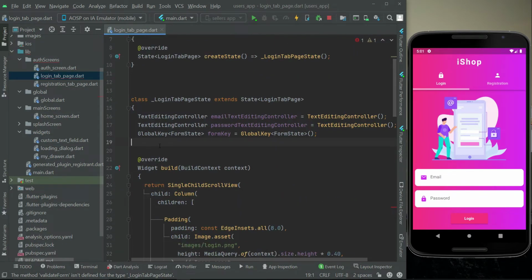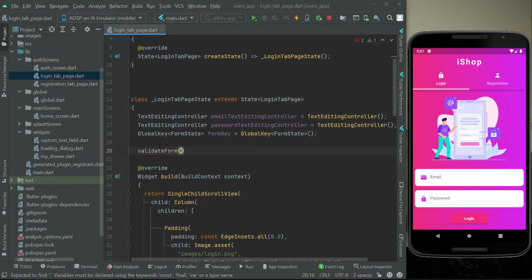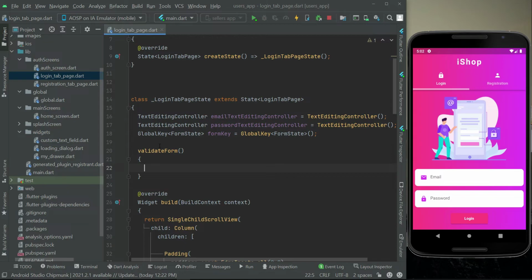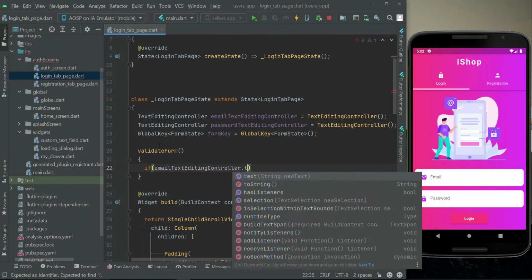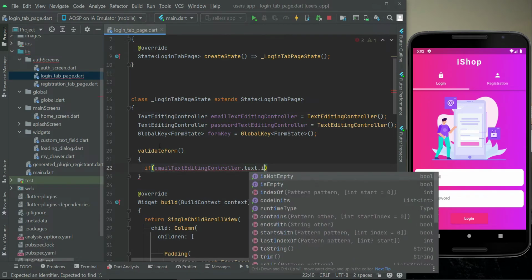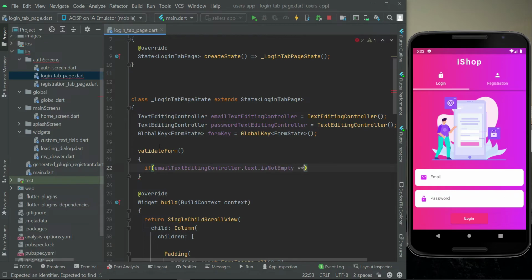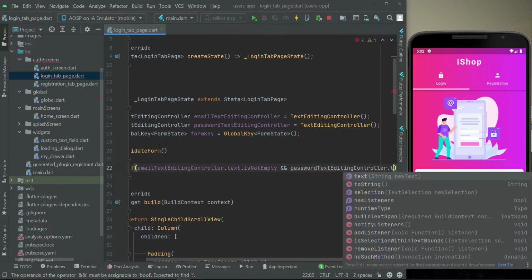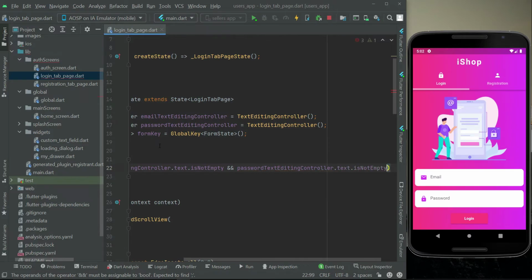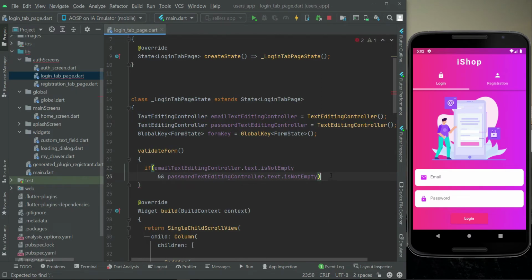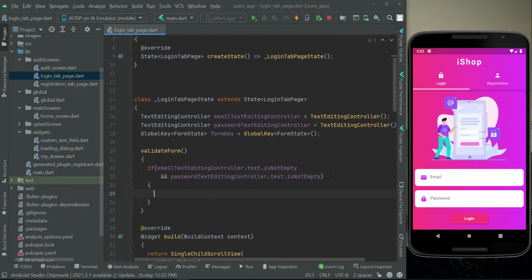Here above the widget build, we can say validateForm. First we will check if the email text editing controller dot text is not empty, and also if the password text editing controller is also not empty. Then in that case we are going to allow the user to log in. Otherwise, else